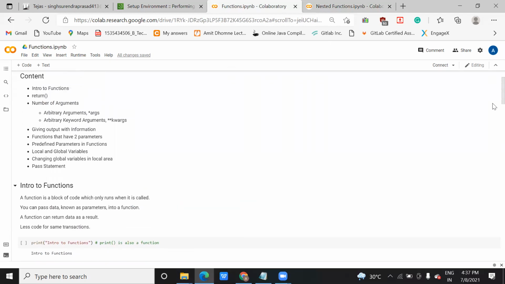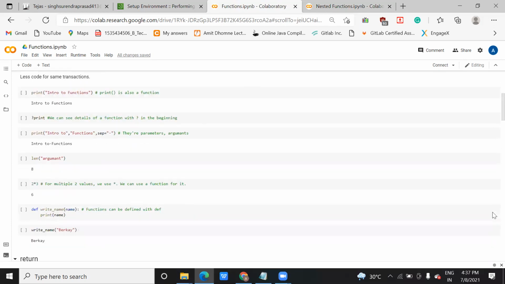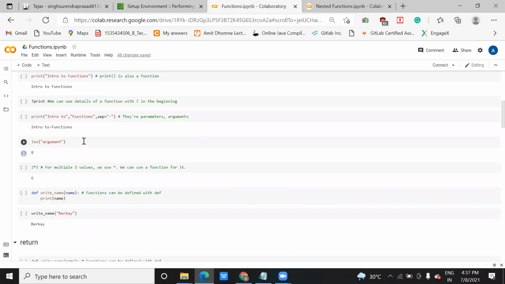What does an arbitrary argument mean? It is when you want to pass a group of arguments. We have seen in some functions, suppose here I have created a function called name, and I'm passing an argument, the parameter name.